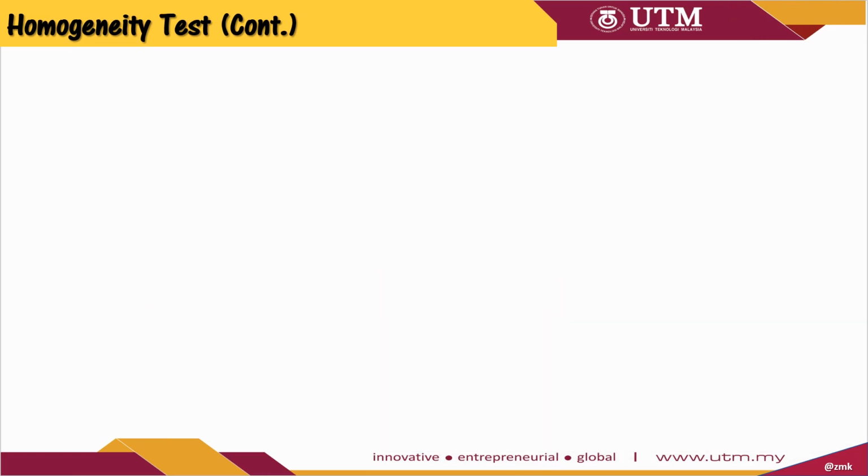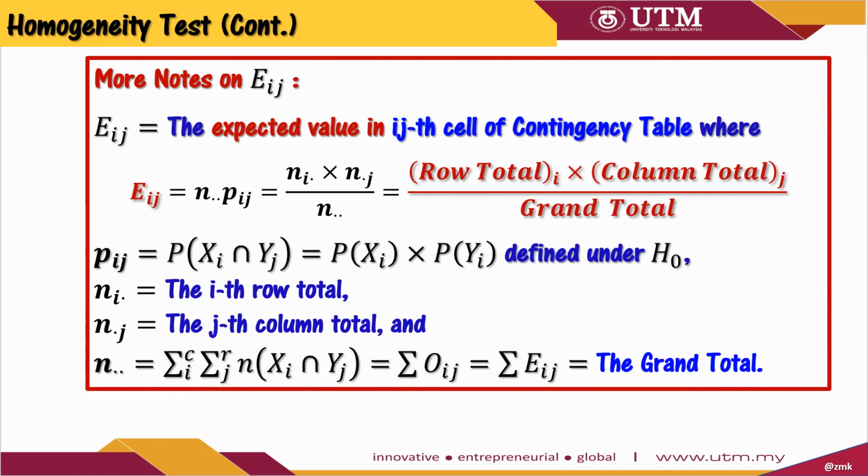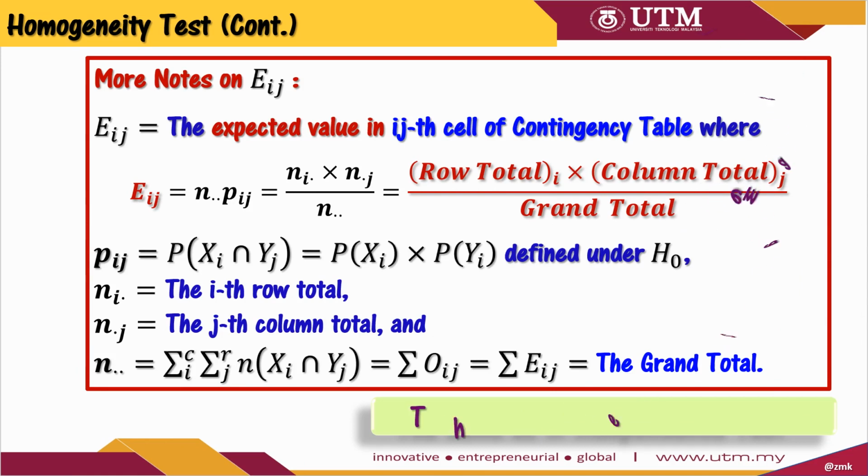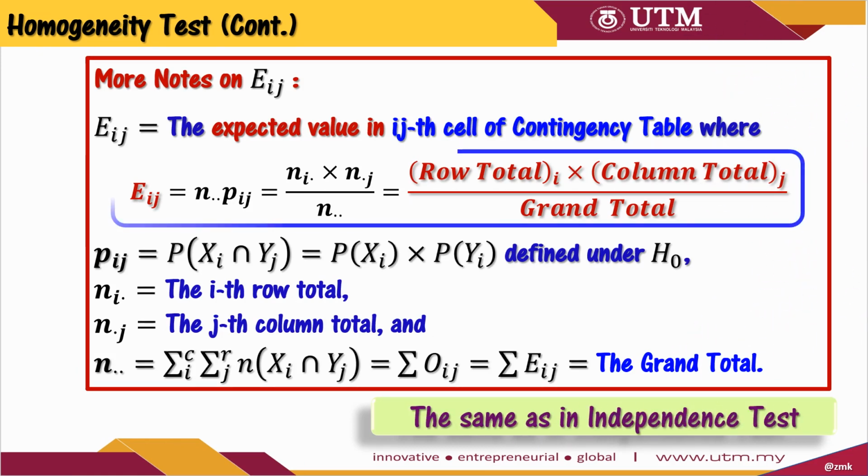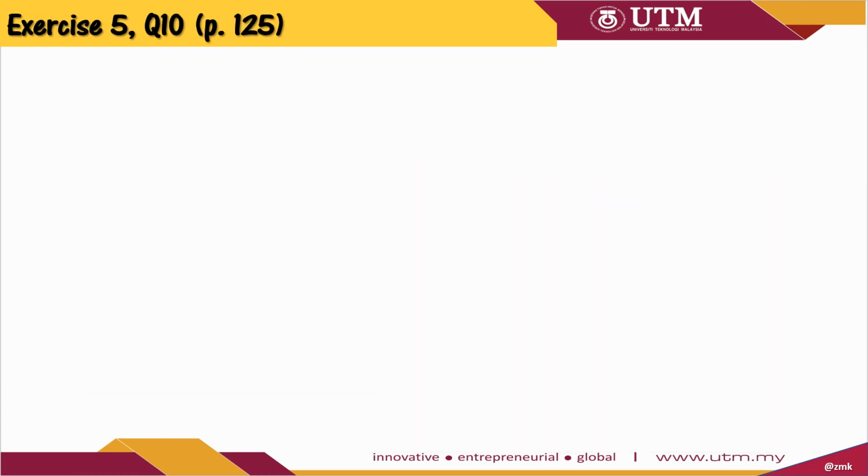Similarly, the way we calculate the expected value for the ith row and jth column is also the same as what we did in an independence test, where eij is simply the ith row total multiplied by the jth column total divided by the grand total. For a practical example on homogeneity test, please look at question 10 in exercise 5 from the Statistics for Engineers textbook,